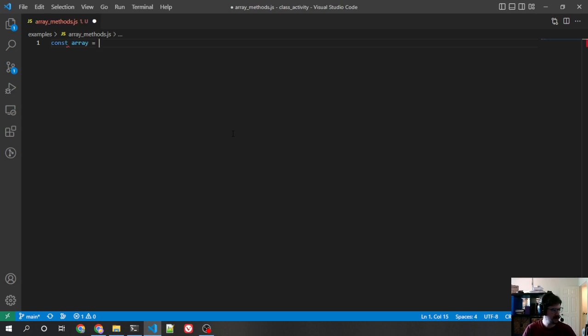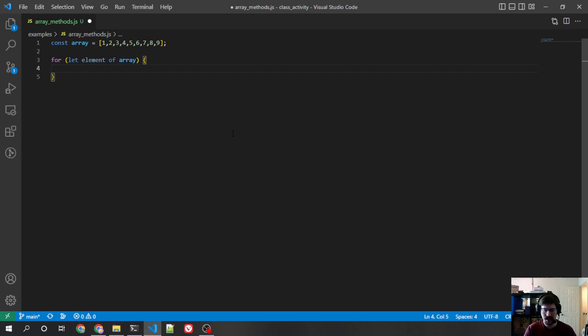So let's say I have an array here. Just very simple. So let's look at forEach first. ForEach is the ability to just basically loop over an array, but as a function. Why is that useful? Well, there's a couple times that might be useful. One, because it's a very common way to loop over an array with a forEach loop, which in JavaScript looks like this. Oops, let's use let